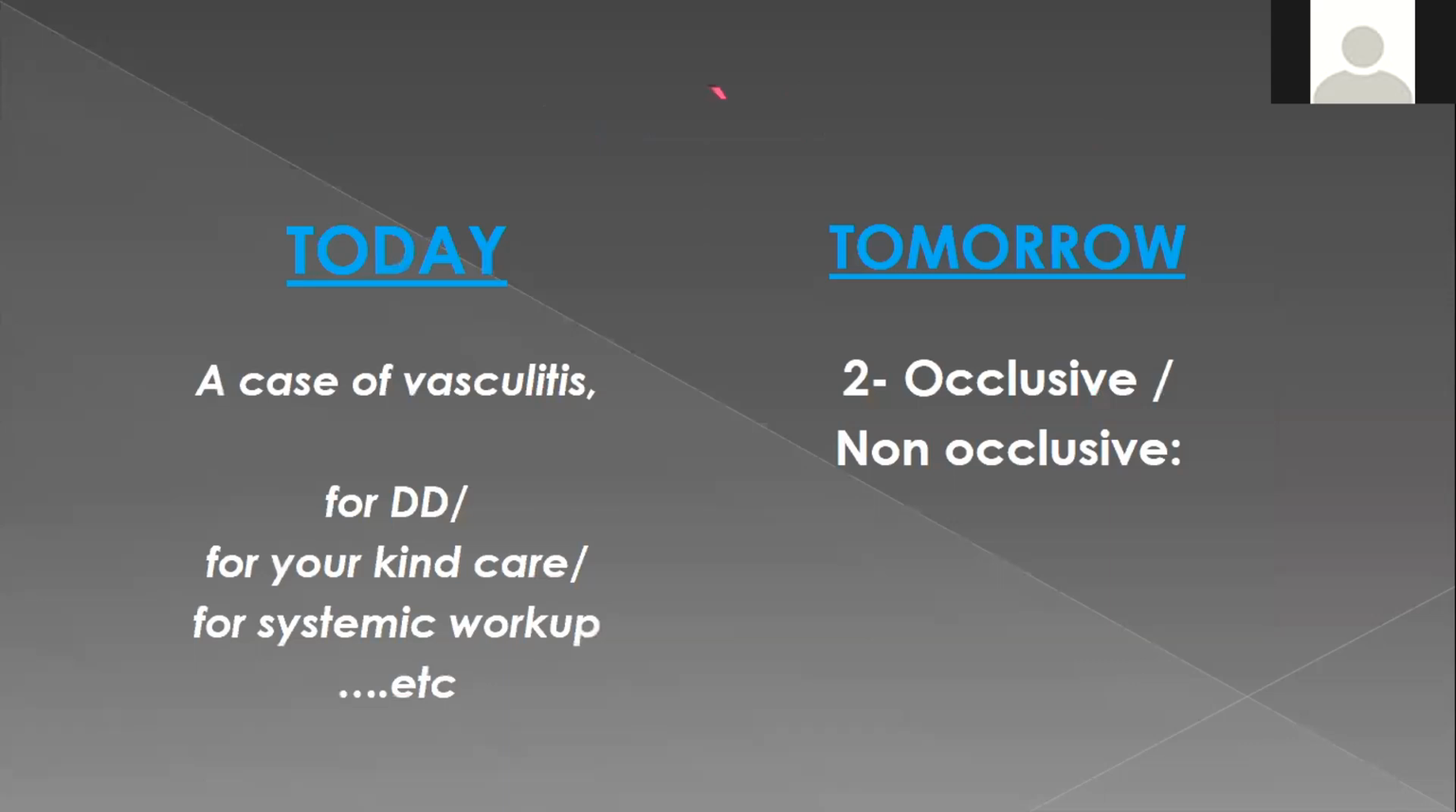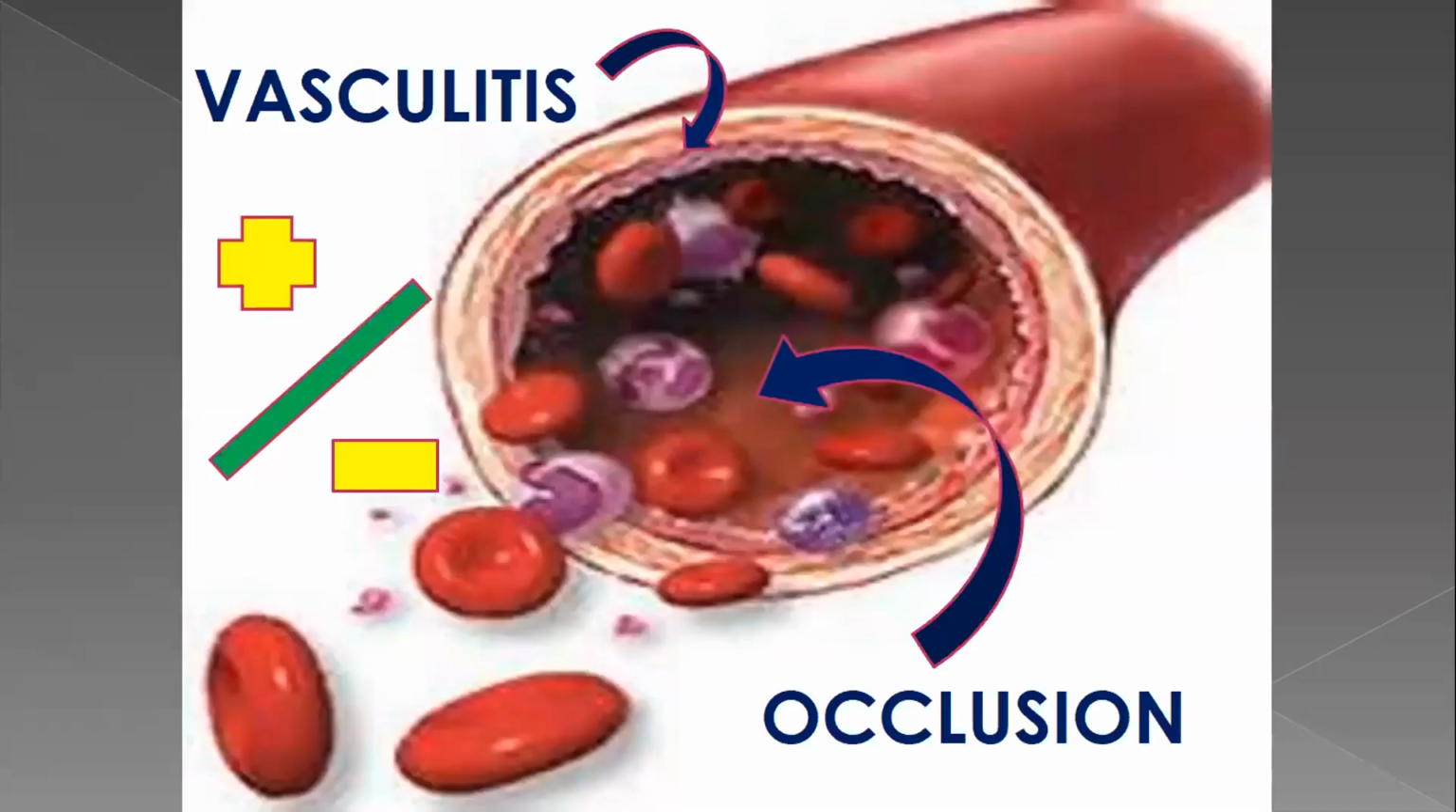The second point in the clinical scheme is whether the vasculitis is occlusive or non-occlusive. And to understand this point, we need to know the difference between two separate pathologies. Vasculitis is a pathology of the wall of the vessel, whereas occlusion is a pathology of the lumen. So inflammation of the wall, vasculitis, could be associated with occlusion, and in other cases it may not be associated with occlusion. Occlusion, on the other hand, can occur in association with